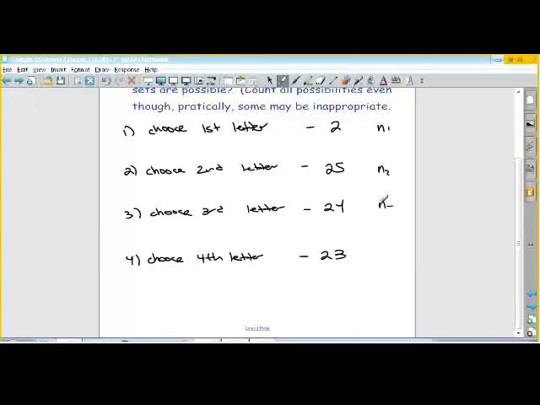So you would call this N sub 1, this N sub 2, N sub 3. The subscripts refer to the step. So the number of arrangements equals 2 times 25 times 24 times 23. So it's 27,600